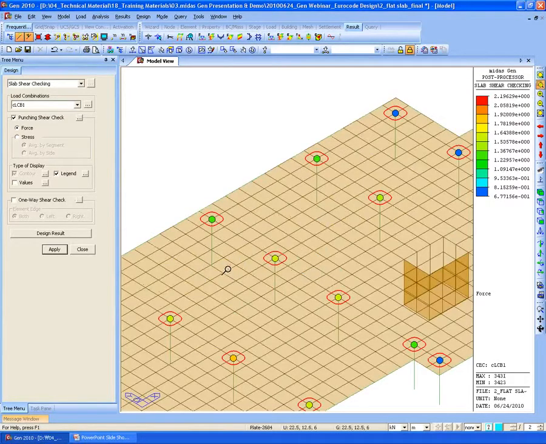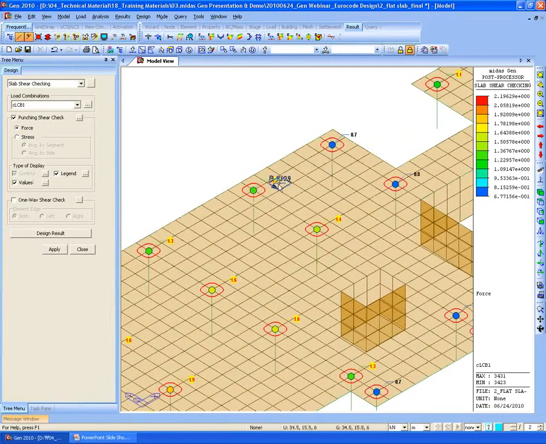As I mentioned, based on the dimension of the connected column, the program will check the critical parameter first, and it will give you the ratio. If it is larger than 1, it means we need to enter the shear reinforcement, so it will be displayed in red color, and the other one you can see is displayed in black color.